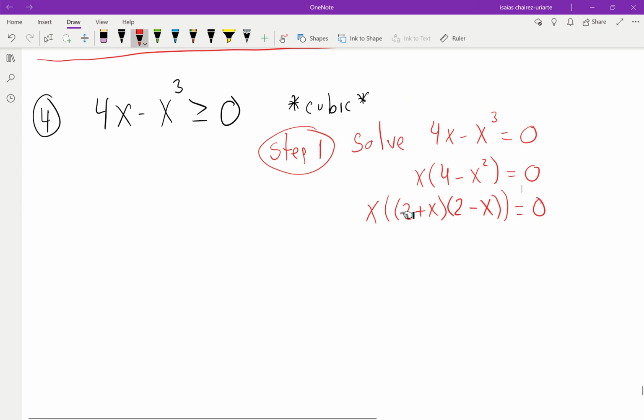And if you want to just multiply this out, you'll see that you end up with this. So 2 times 2, that's 4. 2 times negative x, that would be negative 2x. x times 2, that would be positive 2x. Those terms cancel because it's negative 2x plus 2x. And then x times negative x would be negative x squared, and x is multiplying that product. There's just a lot of multiplication here, so I'm just going to write it like this: x times 2 plus x times